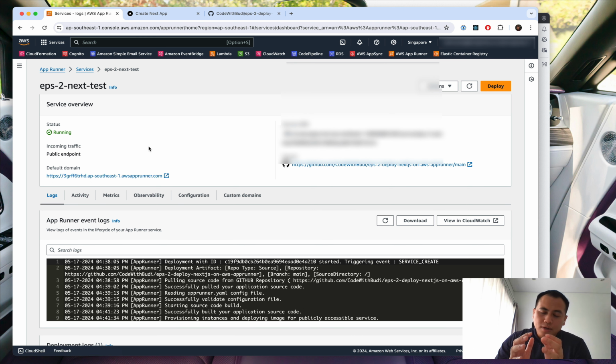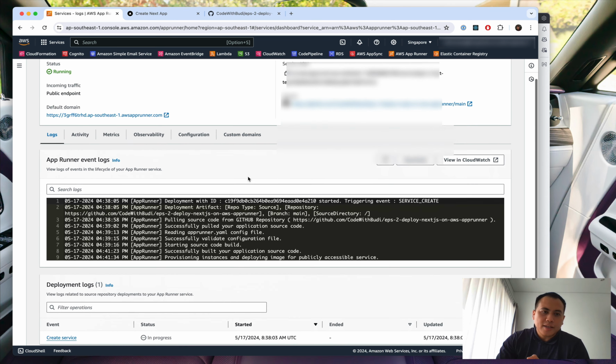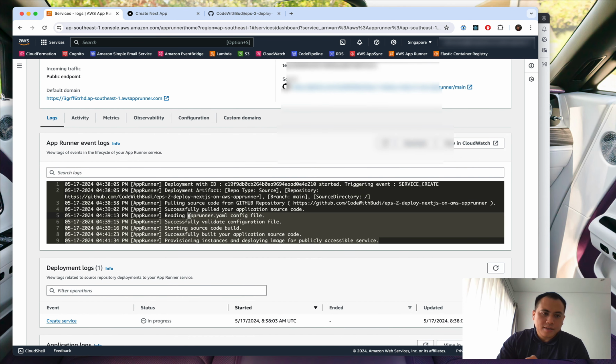We can connect it to a custom domain via AWS Route 53 or your own DNS manager. You just need to validate the CNAME and that's it. You can click on custom domain to set up the domain and you can set it to any domain you want.